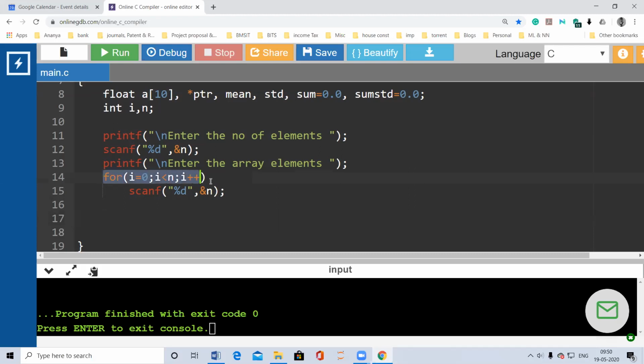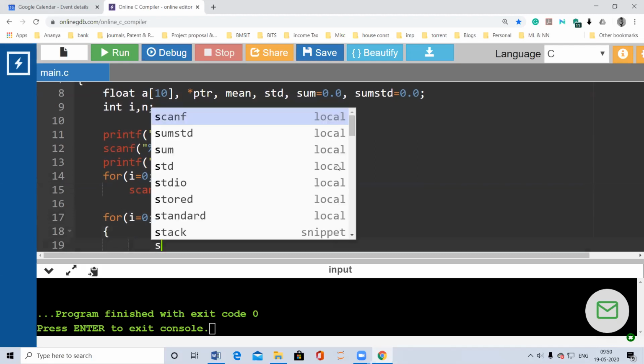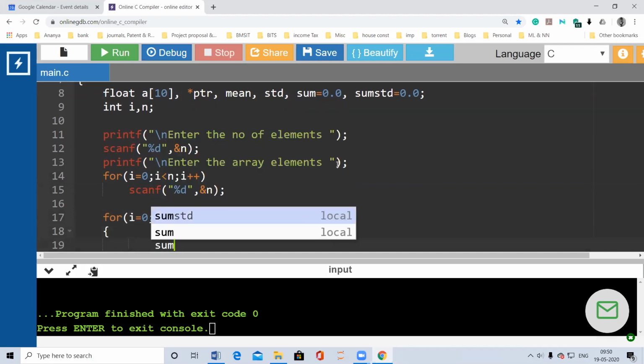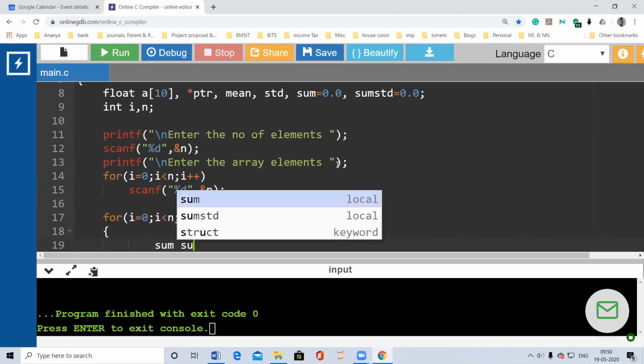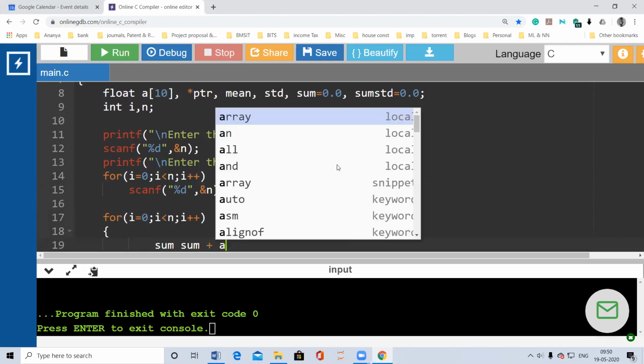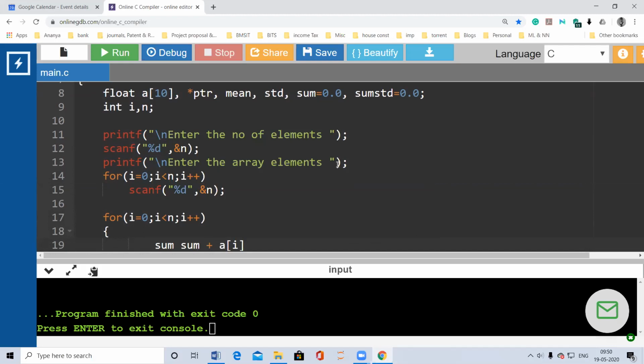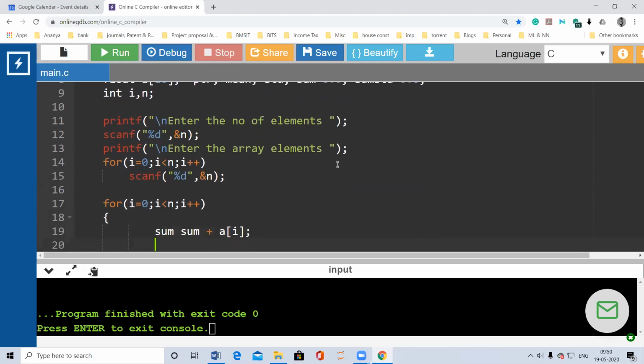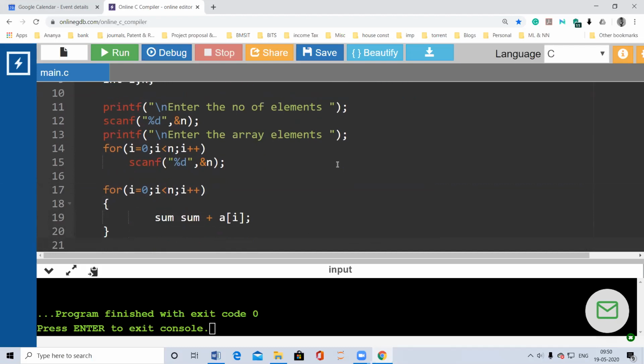So if I want to find out the mean, I use another for loop here. So let me calculate sum equal to sum plus e of i, right? This is the array e of i, and we close the bracket.